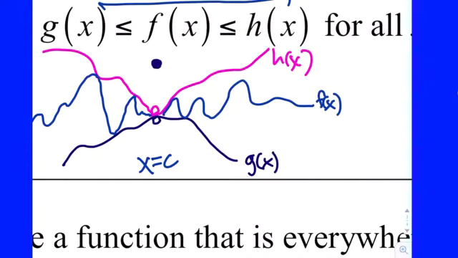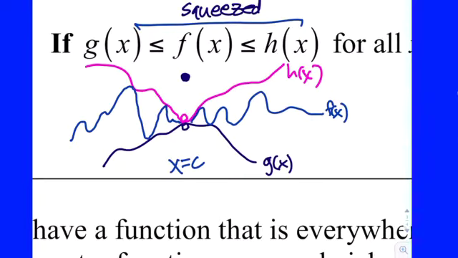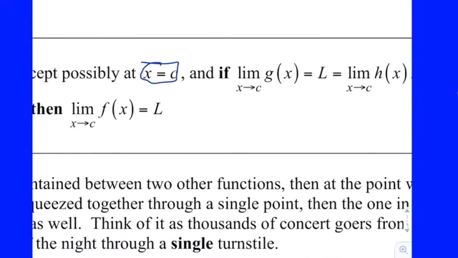And let's say that the blue function is actually continuous there. So it doesn't really matter what's happening at c, in other words, what the function values are. But everywhere to the left and everywhere to the right, f of x is bounded by h on top and g on the bottom. Okay? Well, then here's the